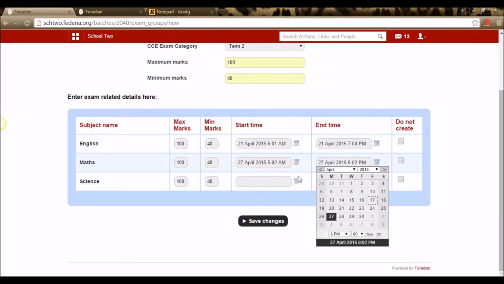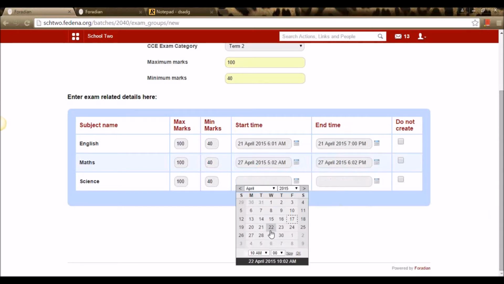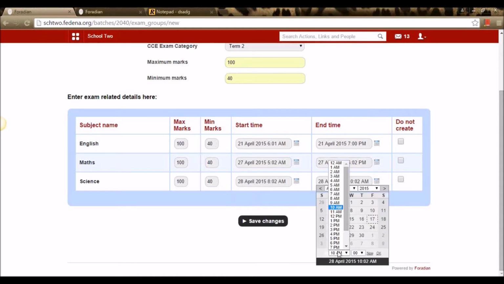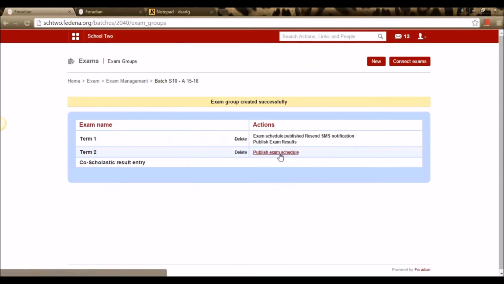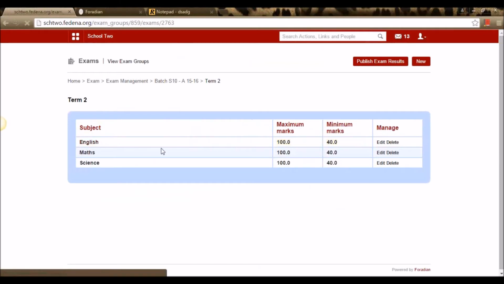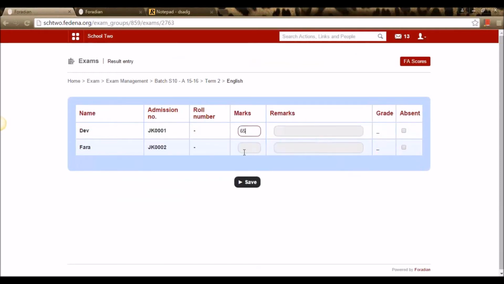I'm giving a timetable for this subject. Once we created a timetable, we can save it, publish the exam schedule, and again enter the marks, just like how we did for term 1.